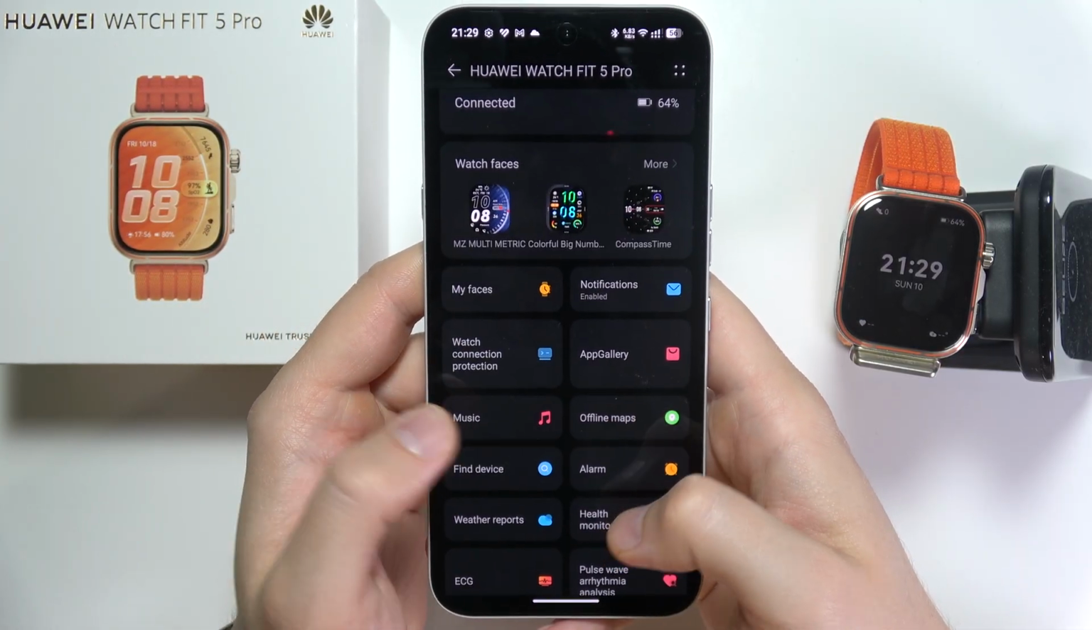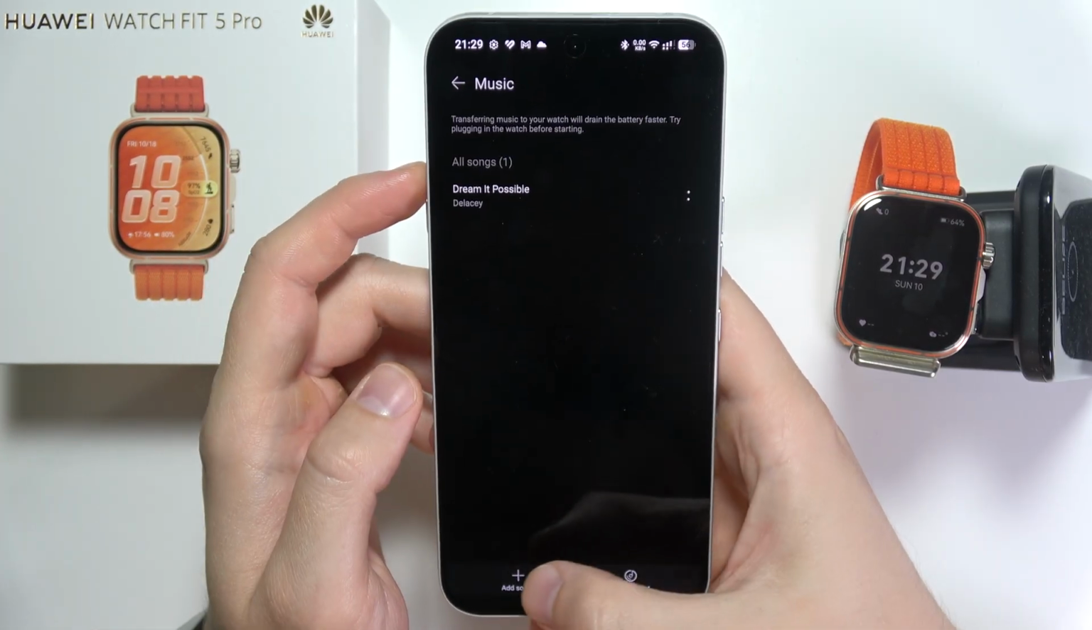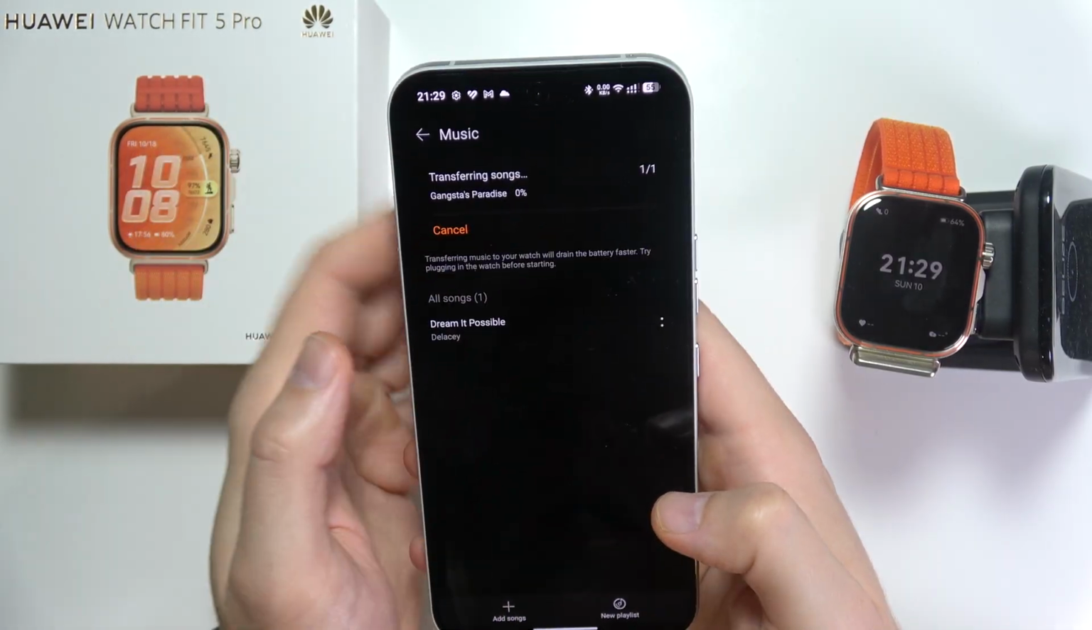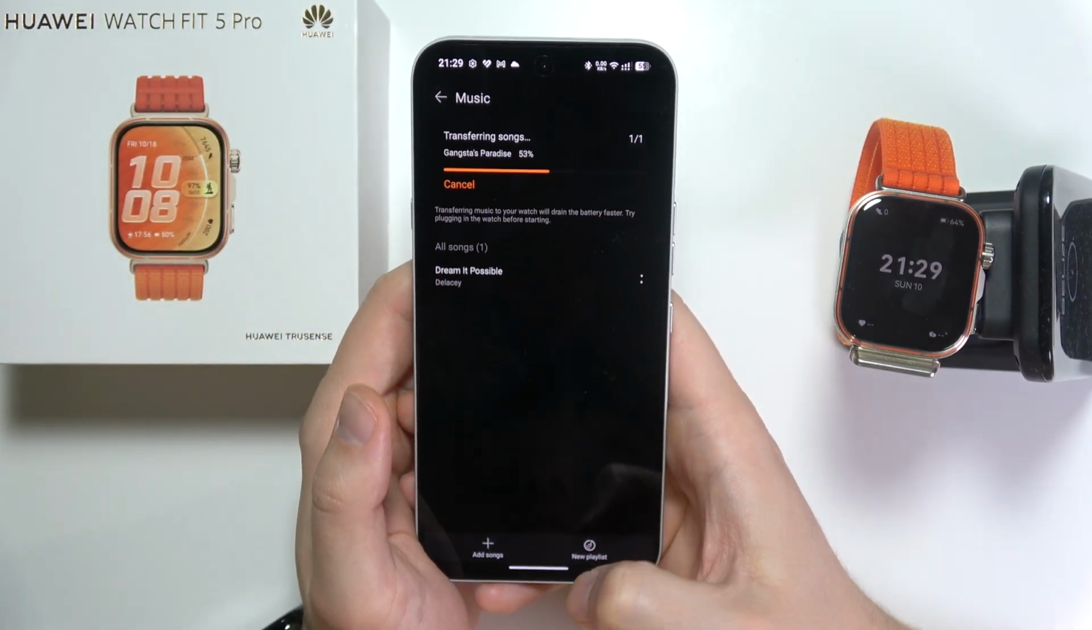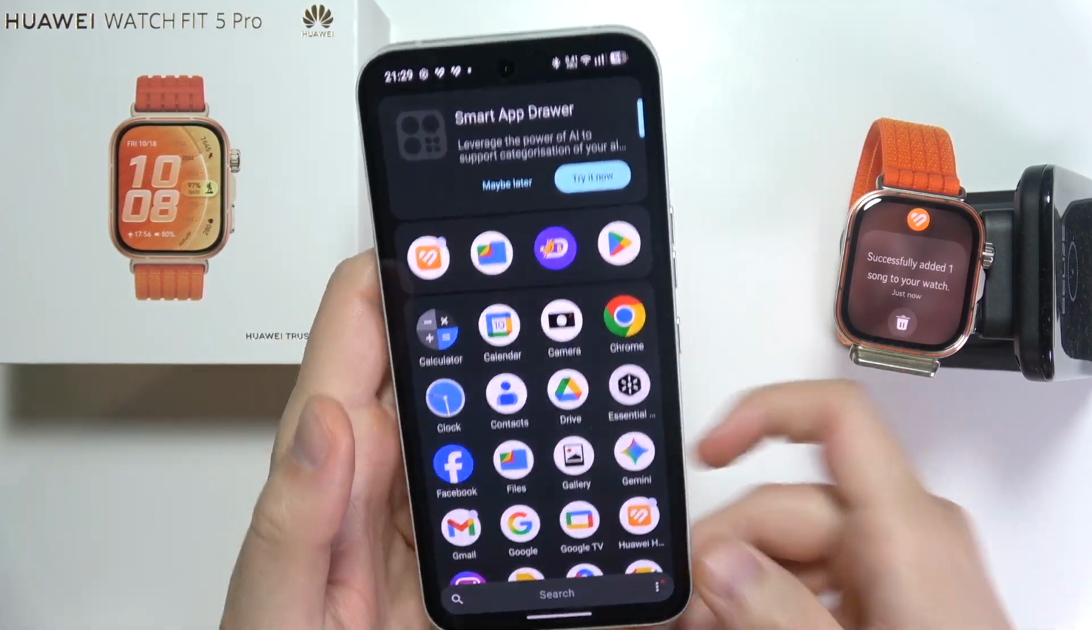Then go into the music, now click Manage Music, and you have to click on Add Songs, and now tap on it, click here, and wait until the transfer is finished. But also, if it is not working for you, as you can see now, it works for me, but if